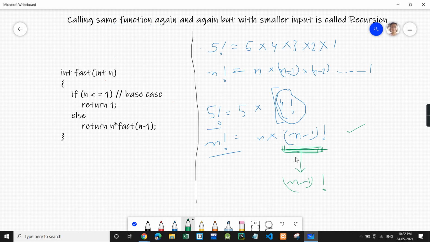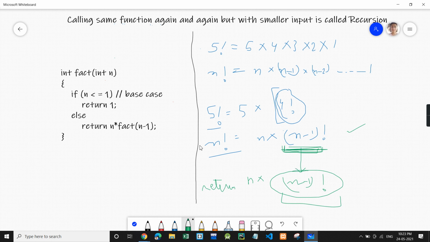Just keep in mind that whenever you do a recursive call, that will give you the result. When I am writing a recursive call, I am assuming that n minus 1 factorial will be calculated using recursion. And what I need to do is just multiply n with that, and I am good to go. And then I can return. Whenever you do a recursive call, just have trust that it will give you the result.